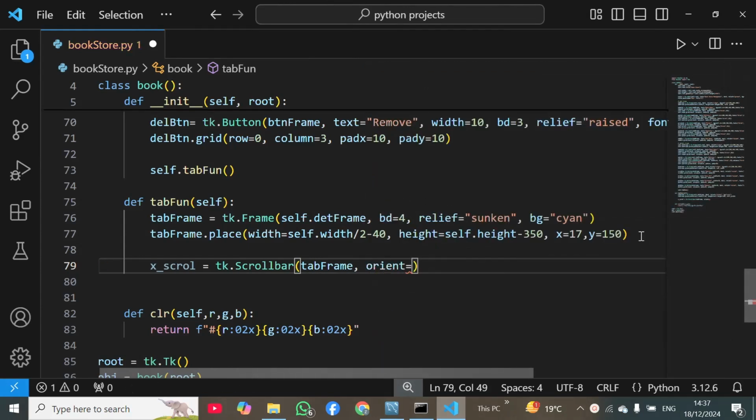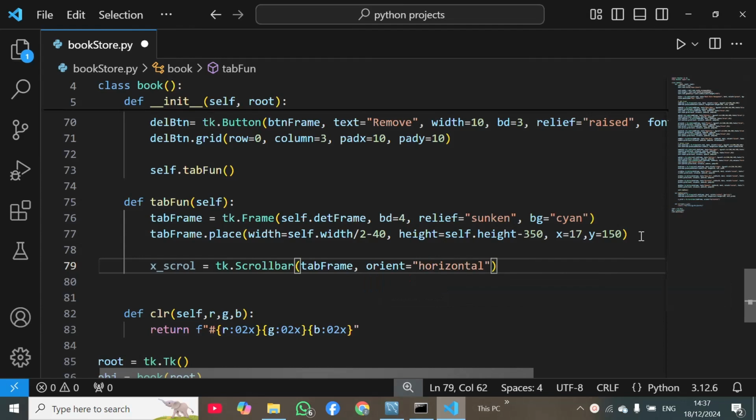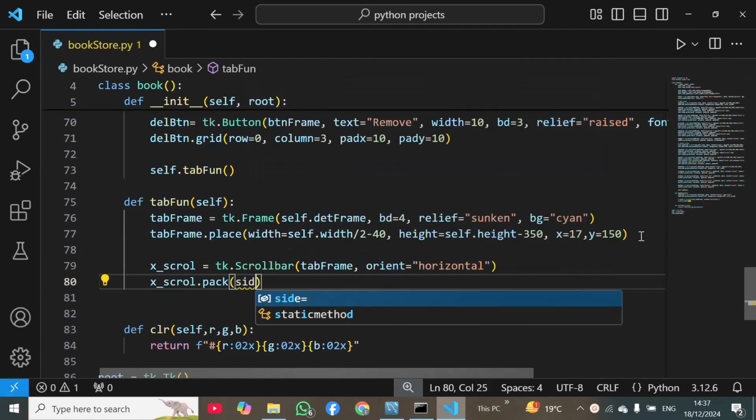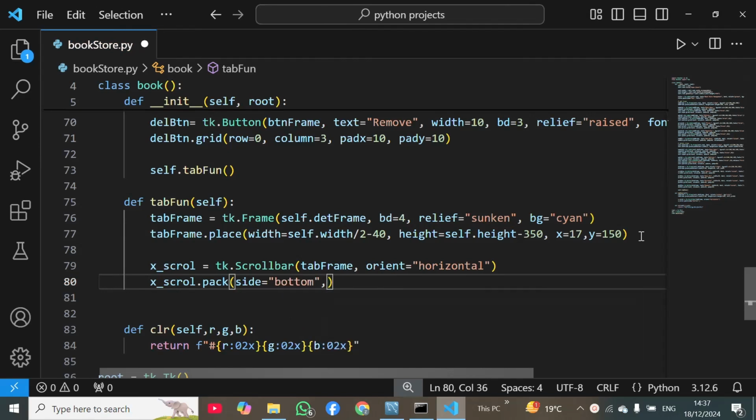Okay, and we have to set its layout horizontal. I will go next. Okay, and I have to define its side. So here I will use x scroll dot pack, because this pack method provides us side property. Okay, and side we will set bottom, and then here I will use fill property, and we will fill it